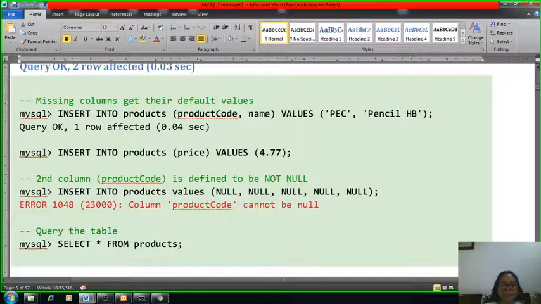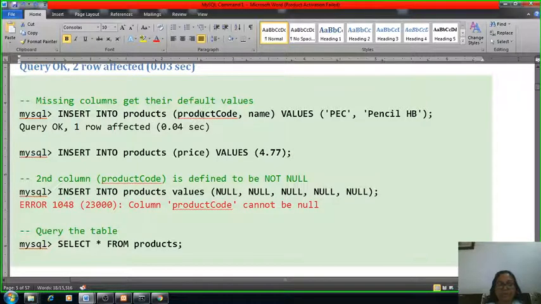Now we have set some not null parameters and default values. So whenever suppose we are missing a column's attribute value, then automatically it will insert the default value inside your table. Okay, now take this example: insert into product, product code and name.